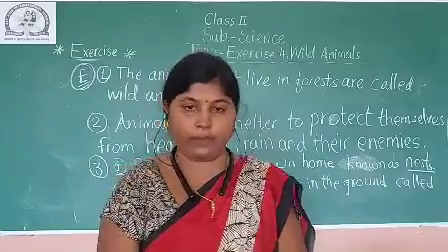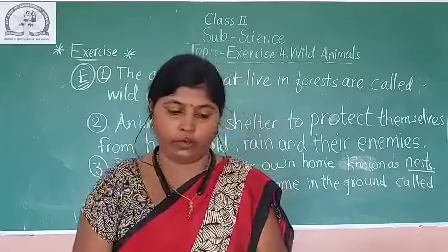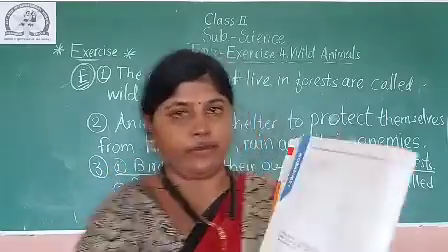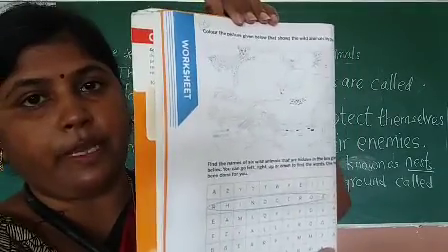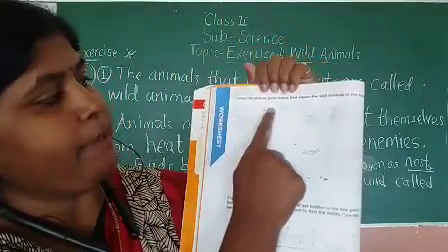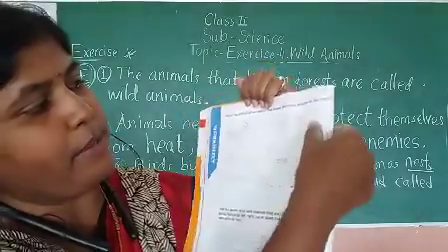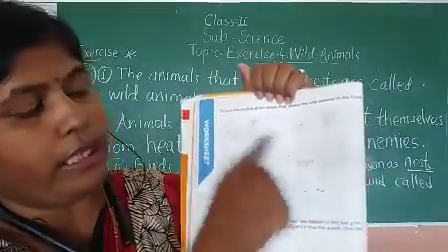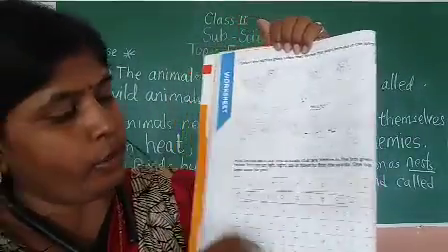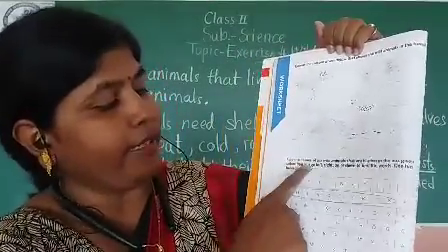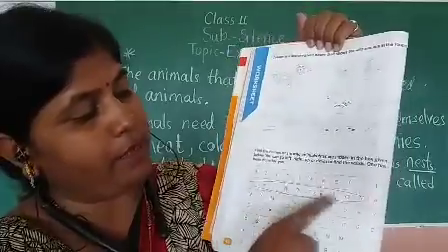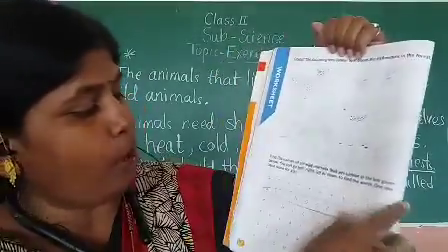Now turn the page, open page number 42. A colored worksheet is there. This worksheet is for you to solve by yourself. Color the picture given below that shows the wild animals in the forest. You have to color this picture beautifully. Now again one exercise is there for you. Find the names of 6 wild animals that are hidden in the box given below.